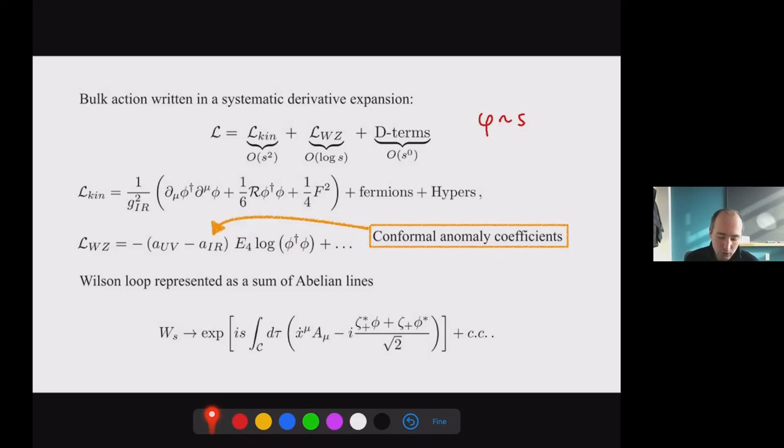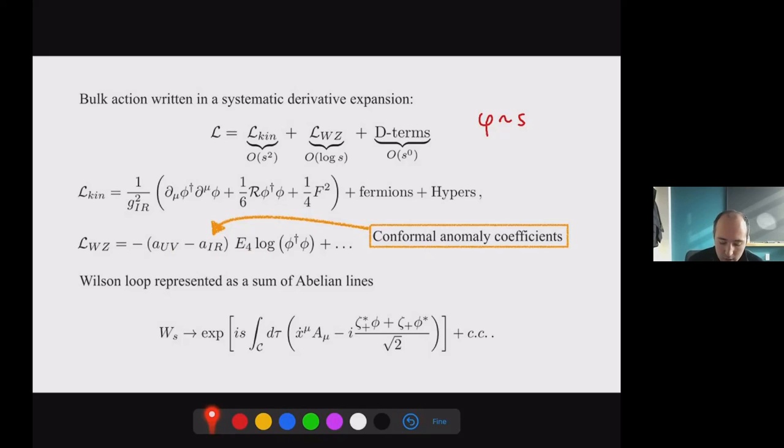The coefficient of the Wess-Zumino term is also known. It just comes from Weyl anomaly matching. And it's a_UV minus a_IR. And what is a_UV? a_UV is the Weyl anomaly coefficient of the UV CFT, so the full model. And a_IR is instead the Weyl anomaly coefficient of the Coulomb branch fields. So these coefficients are known for all n equal 2 superconformal field theories of rank 1. I'm only talking about rank 1, I should have said that. And there are, of course, other terms, but they won't be important, and I'm not showing them. But of course, there is a well-known supersymmetrization, which is the Dine-Seiberg term.